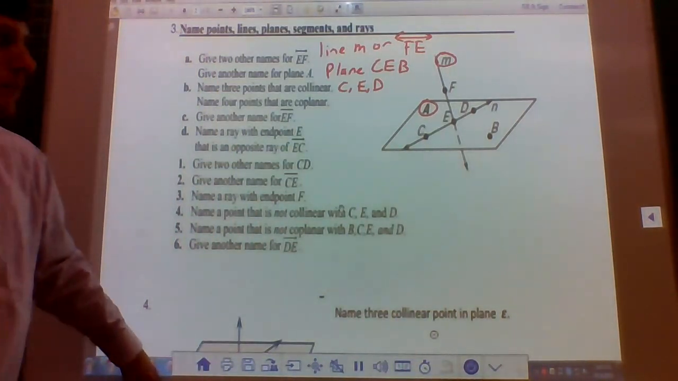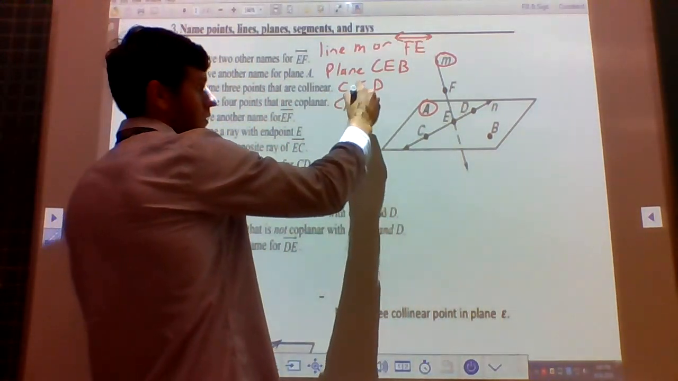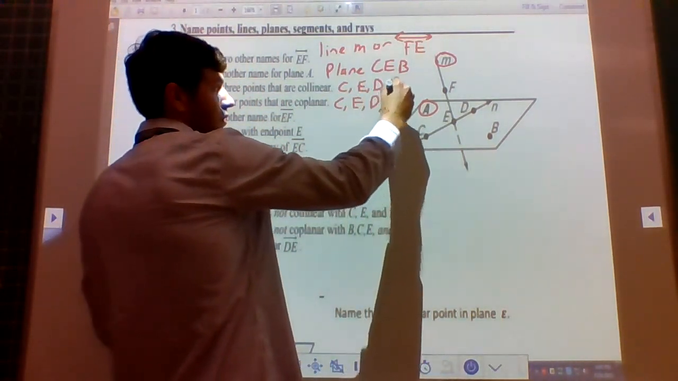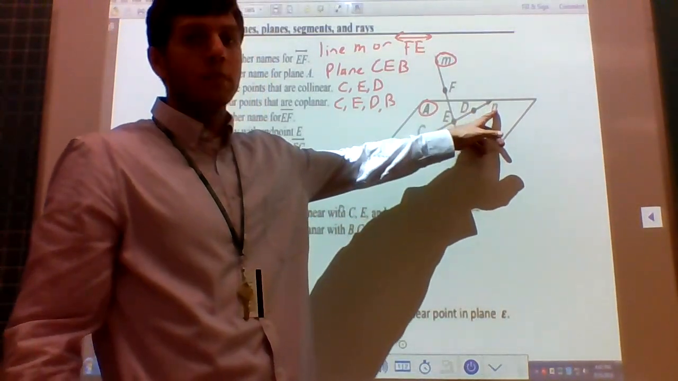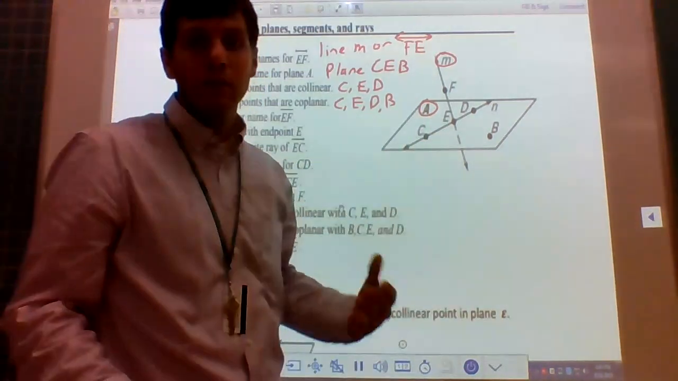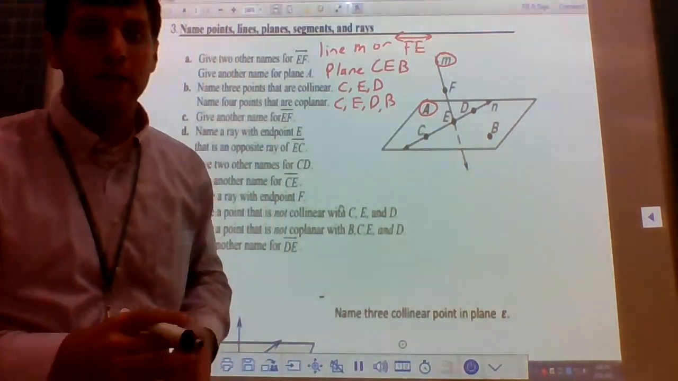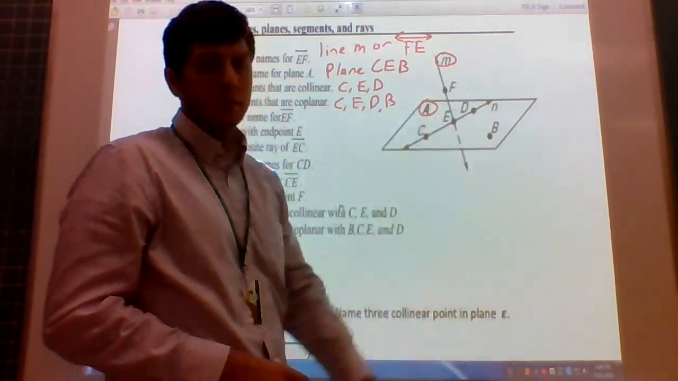4 points that are coplanar. Well, C, E, D, and B are all in the plane. So C, E, D, and B are all in the same plane. Right, N is not a point. It's the name of the line. A is not a point. It's the name of the plane. There's no dot next to them indicating that they're points, so you can't assume they're points. F is not in the plane, and M is the name of a line